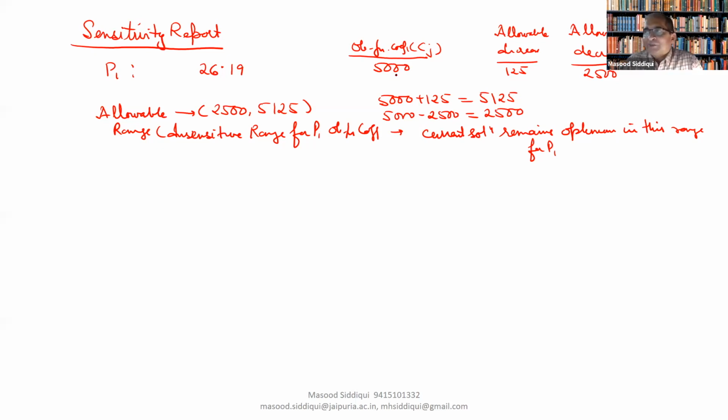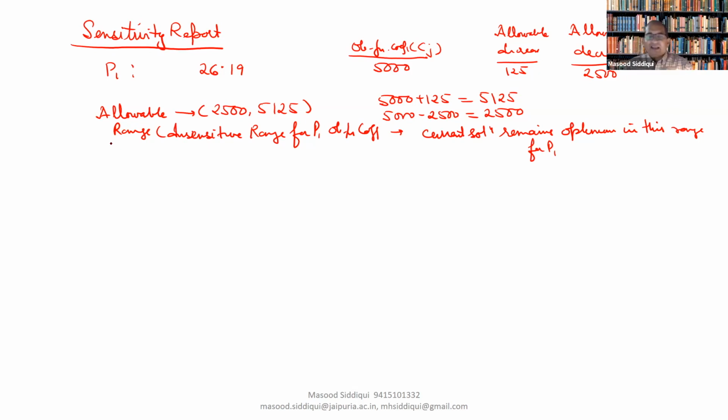In the same manner, suppose the profit had been estimated as 5,000, but the actual profit is 4,000. It is a wrong estimation, but even with 4,000, the current solution will remain optimum. Meaning the recommended solution is that 26.19 units are to be produced for product 1. So this will give us an idea about the precautions to be taken for estimation. The insensitive range or allowable range gives us two things: number one, the care or precaution that should be taken with the estimation, and second, the impact of future changes.